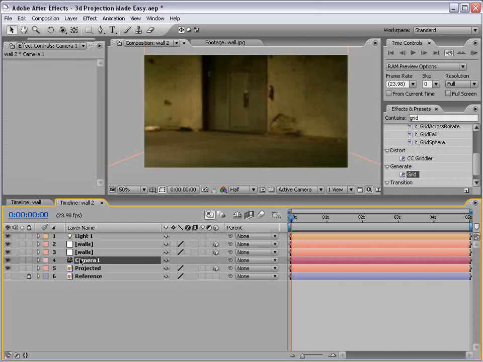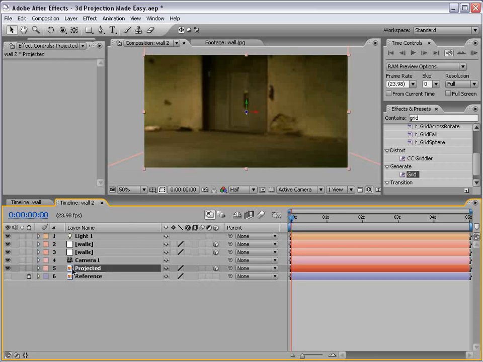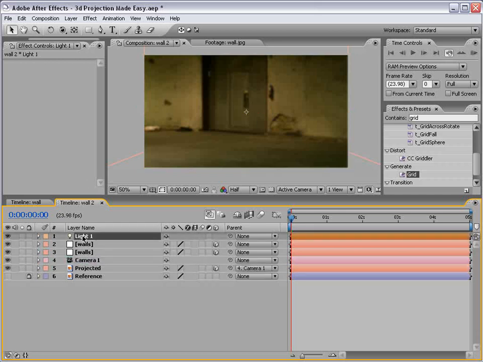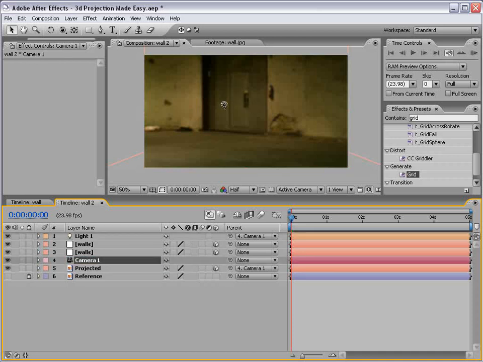Now, if you remember, we linked the light, the camera, and the projected image all up to the position of the camera. That's important because we want the light to project the image as seen through the camera at the point in time where the picture is taken, otherwise known as this view. Then we take the projected image, parent it to the camera, and take the light, parent it also to the camera. So now if we move the camera around,